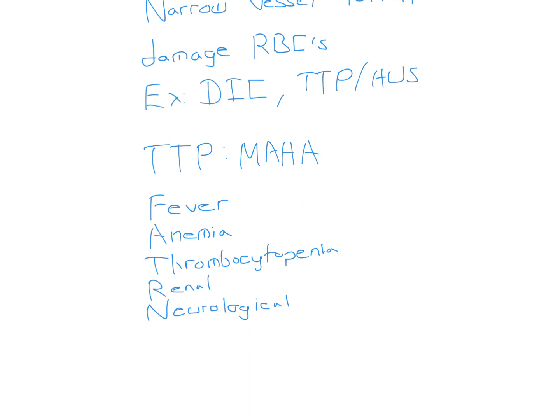And so you just have to be on the lookout for all 5 of these during a question stem, and then you could select it. But in this case, they're pointing toward macroangiopathic hemolytic anemia. So just to review the pentad, it's going to be fever, anemia, thrombocytopenia, renal, and neurological symptoms